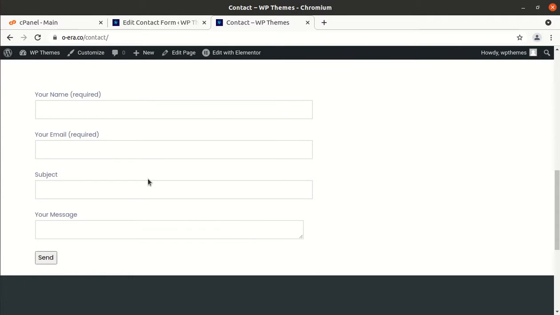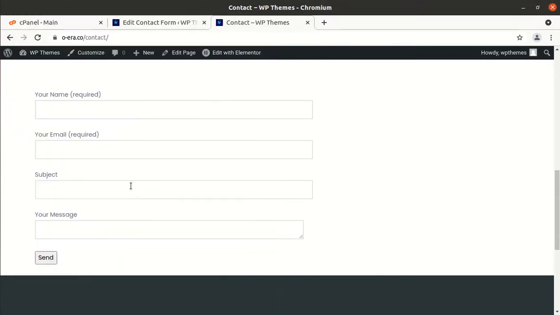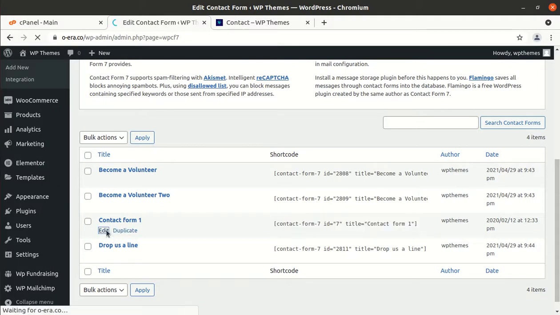CAPTCHA option by default, and we can add a CAPTCHA human verification option for protecting and safeguarding our website. So, as I showed, I already have a code snippet for this. It is ready and available for you, and I will use this code for this Contact Form 7, and this is the backend, and let us edit this contact form.